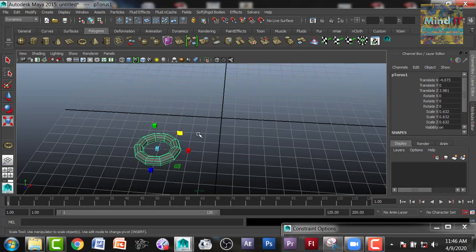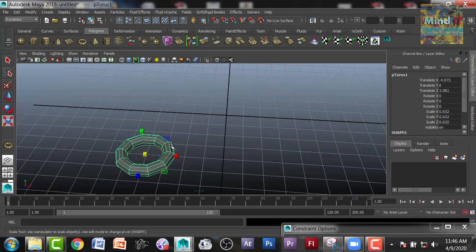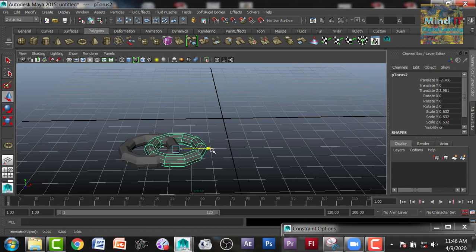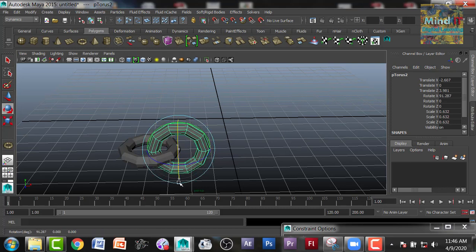and rotate the duplicate by 90 degrees on the x-axis.